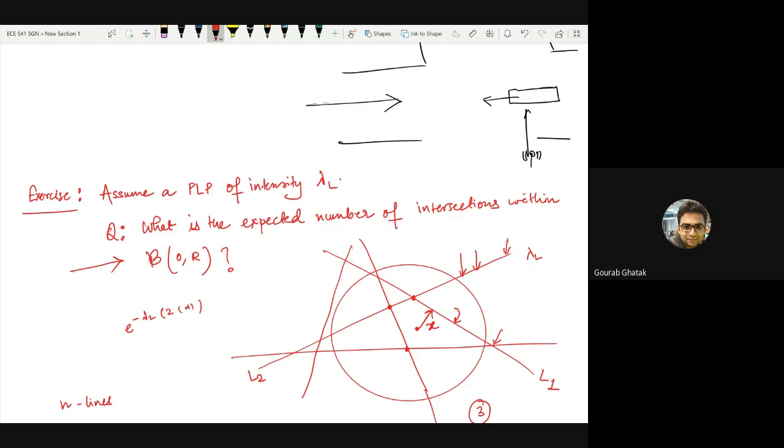Yeah, so that's currently what I personally do, and what you are saying is a bound to the actual probability, because if you try to find it by adding these lines, right? We start with the probability that there are no lines, which means there are no intersections, of course. Then the probability that there are no intersections given that there is one line, which is 1, multiplied with the probability that there is actually one line, plus the probability that there are no intersections given that there are two lines, multiplied by the probability that there are actually two lines. If you keep on adding this, the more terms you add, the closer and closer you get to the actual value.